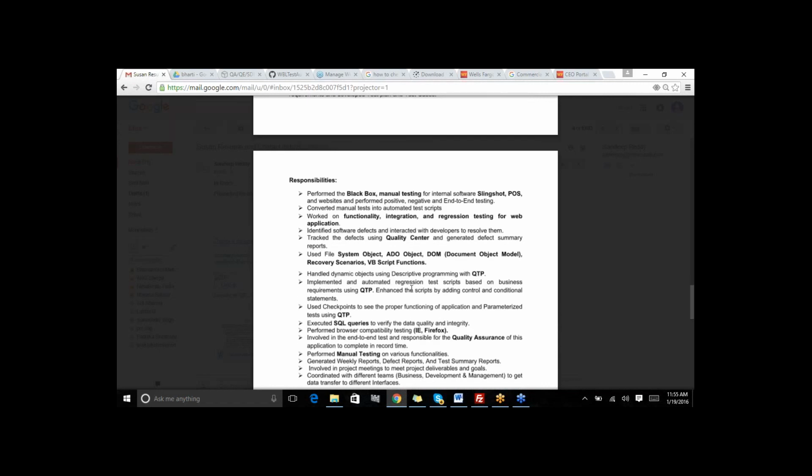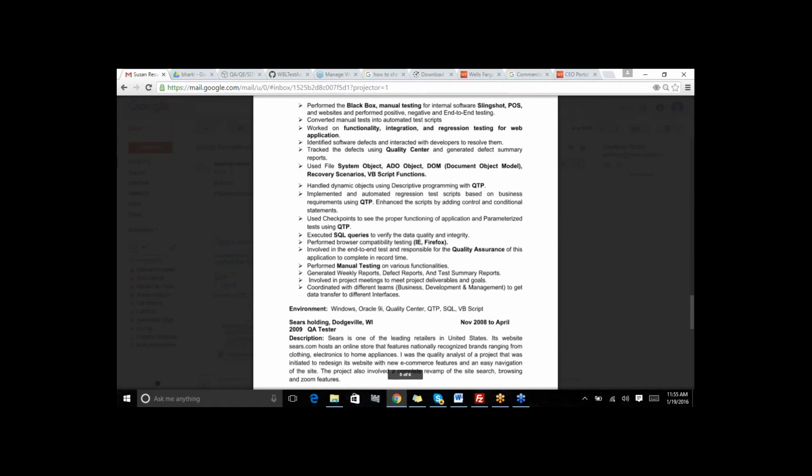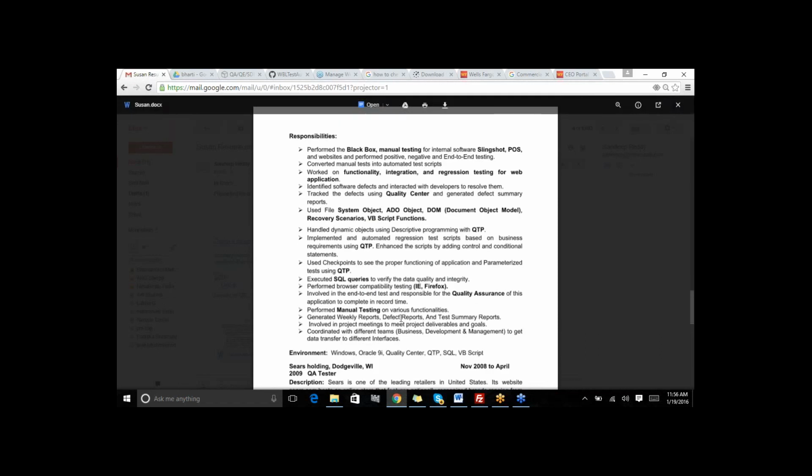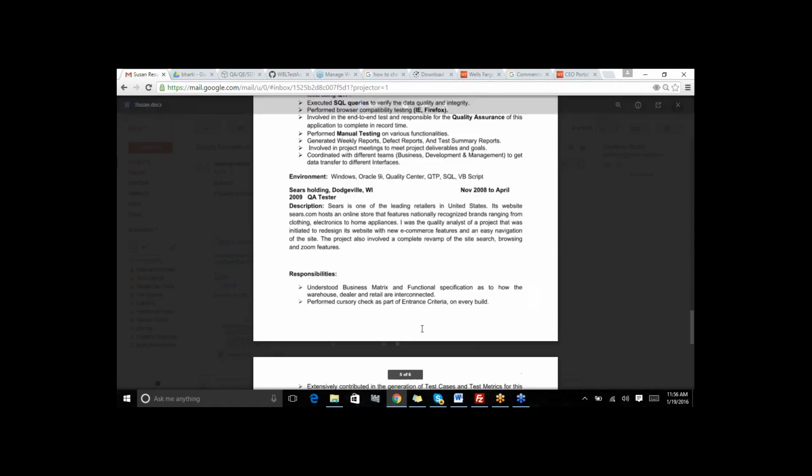Okay. From there also Agile is mentioned. So that means it's showing 4 or 5 years of Agile experience. Yeah, as I told you, you should be able to explain that. Where did you fit in that cycle? They're going to ask how you did your meetings and all that. Moreover, it says that you have been doing manual testing. So you can say most of the time it was manual testing, but then we started using QTP. You don't have to worry about these projects. Just have knowledge about what they do if they ask about it.